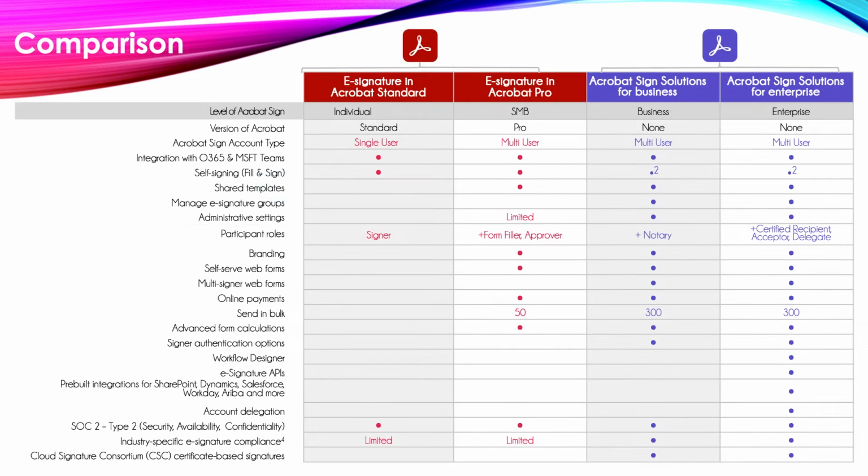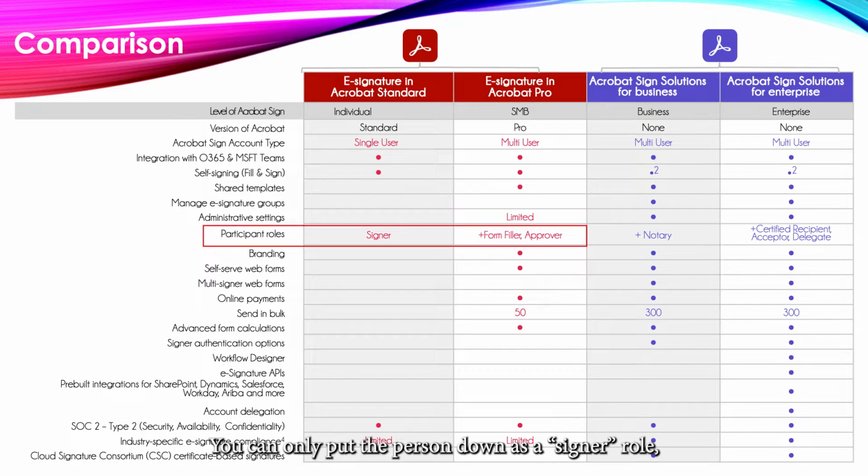Secondly, I would just like to bring some of the feature differences that are different between the standard version of Sign in Acrobat and the professional version. So in standard, you only have a single user license. There is limited administrative functionality in professional, which is not available in standard. And one of the most important things is in standard you can only put the person down as a signer